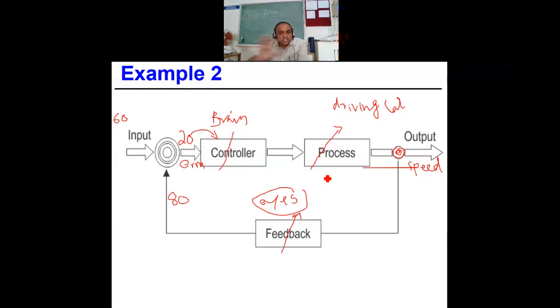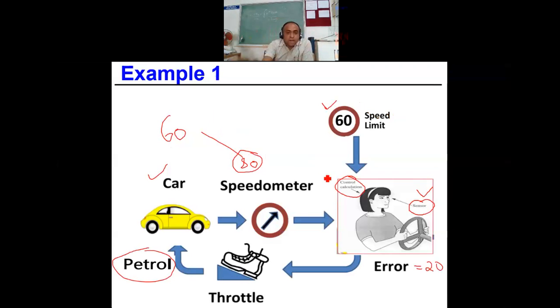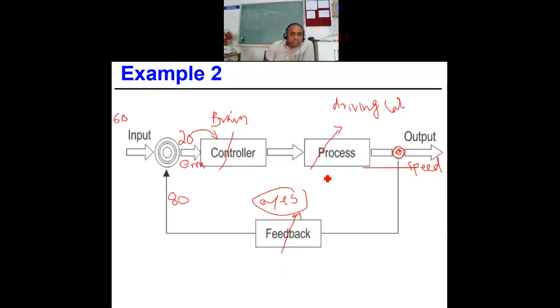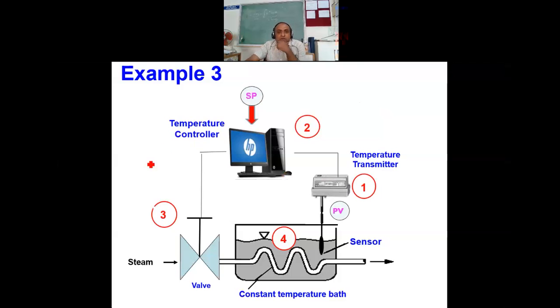This is a very easy way to understand. I think you understood the advantage of using the block diagram. Any component in a control system can be put in the form of blocks, and you can study it, analyze it, and calculate something. Anything is possible if you put it in the form of blocks, so it is very easy. Fine. Now please have a look at this example, then I will explain.